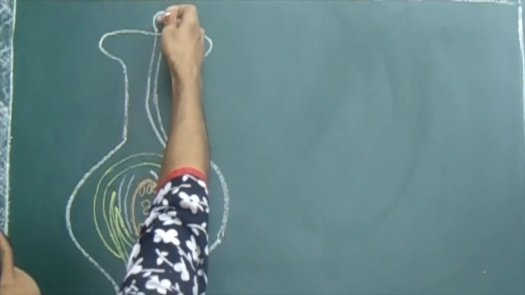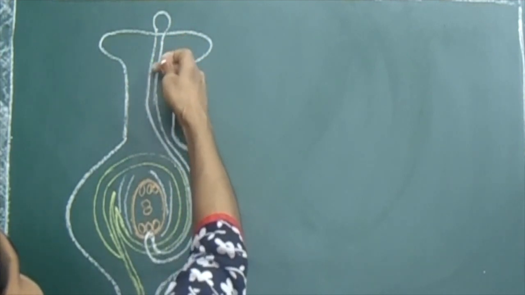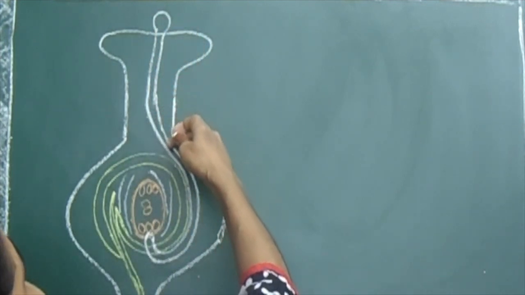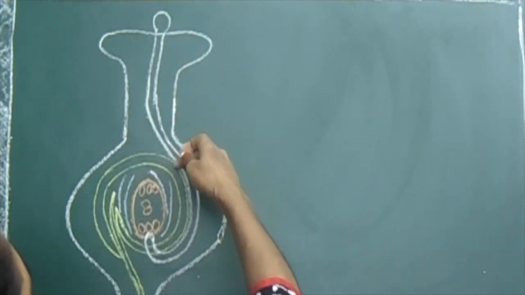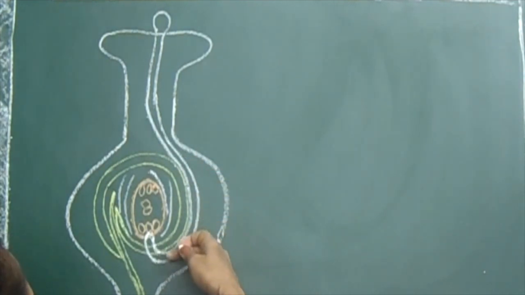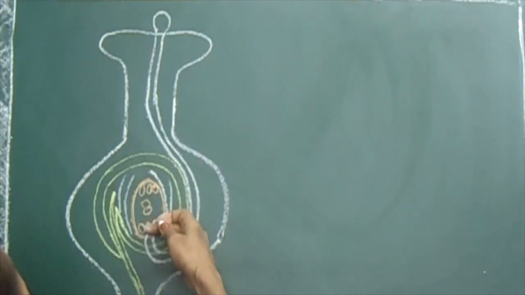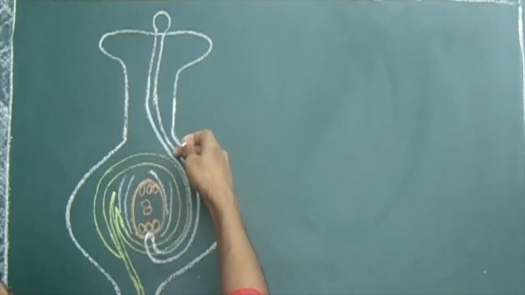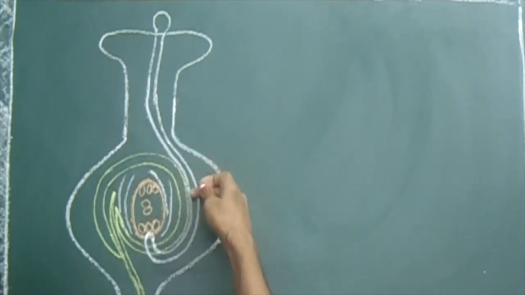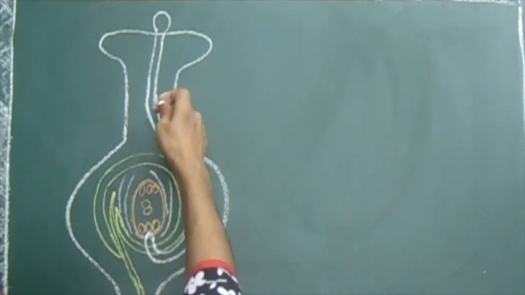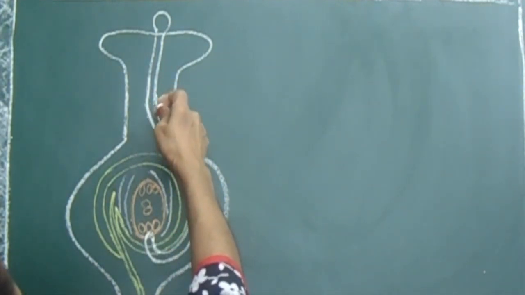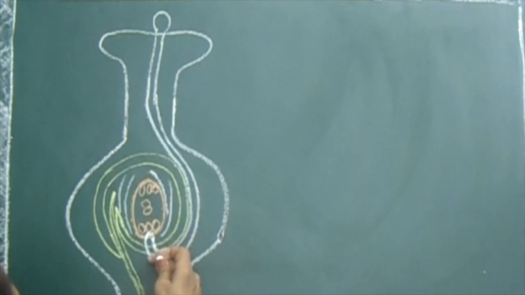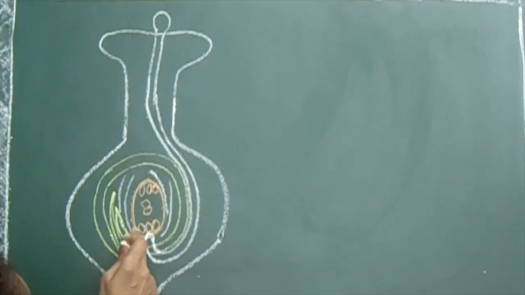Now the pollen will start growing where? Inside the style, pollen tube. It will go on stretching and then it will try to enter here. Now this pollen tube will provide a passage through which the male germ cell will travel, and then it will come inside and fertilize with the female germ cell.